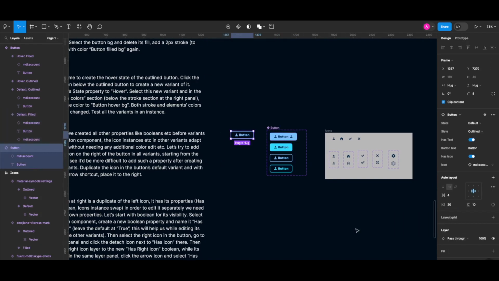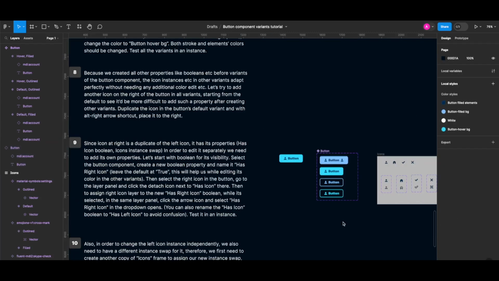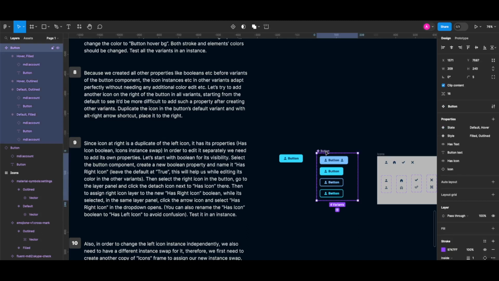As you see, in an instance of my button component, I cannot see the right icon yet. In order to see that, I need to go to the default field variant. But as I said, in other variants, you cannot see the right icon component. We can start adding new properties to our button component in order to be able to edit the right icon instance separately. So after selecting my button component, I'm gonna click the plus button next to the properties as always,